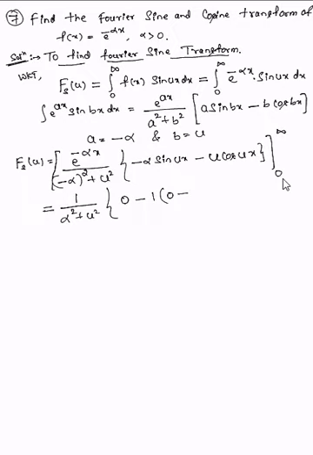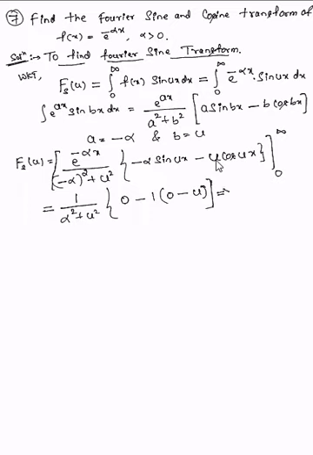Minus here. For the second term, if I put 0, this becomes cos 0, and you know cos 0 is 1. 1 into u. So it is u. Now on simplification,